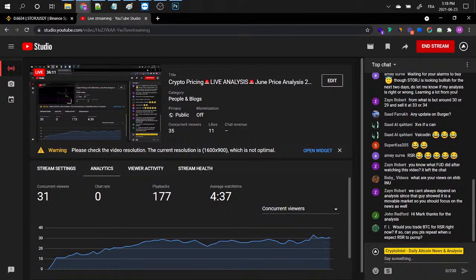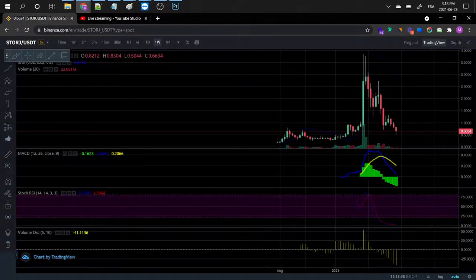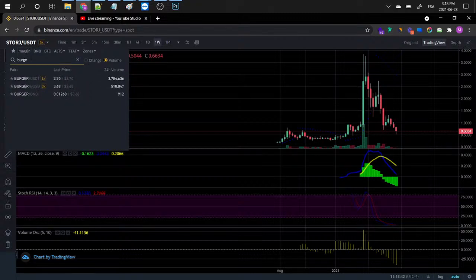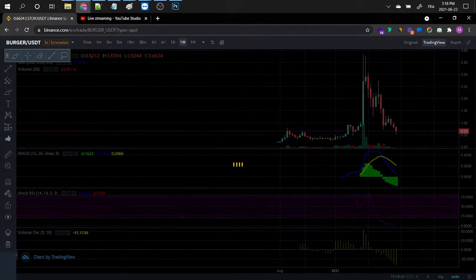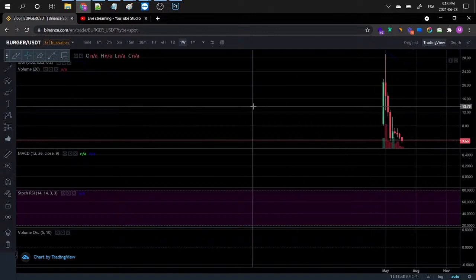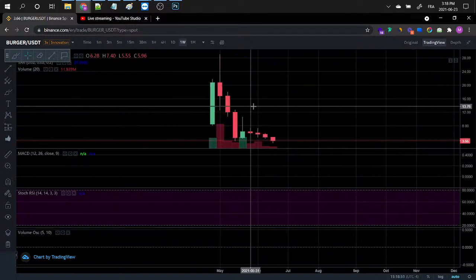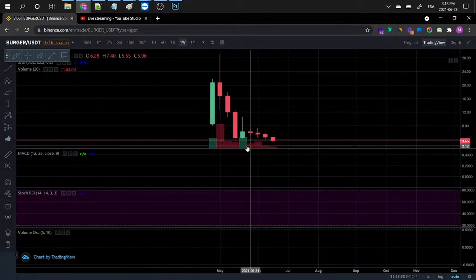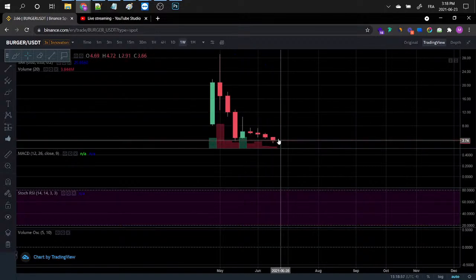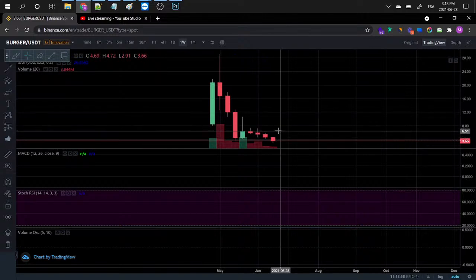So any updates on the burger? Yes, let's check out the McDonald's crypto asset here. So the burger. So we've been through quite a rough patch with this one. Oh my god. So definitely, for those of you out there that are still holding it, hold on to it because it's going through 4 sell cycles here. So definitely very soon it's gonna hit a nice little